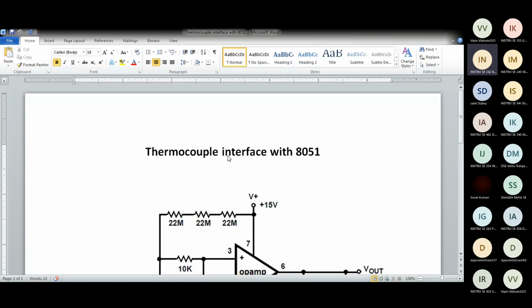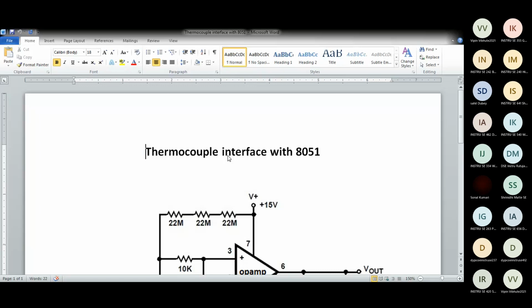Sir, is it related to bimetallic strip bending? Yeah, it is related, but it is not actually that thing. That concept of the bimetallic strip is different. Basically, a thermocouple is a strip, one end is a different metal, another end is a different metal. Yes, very good, Krishna.